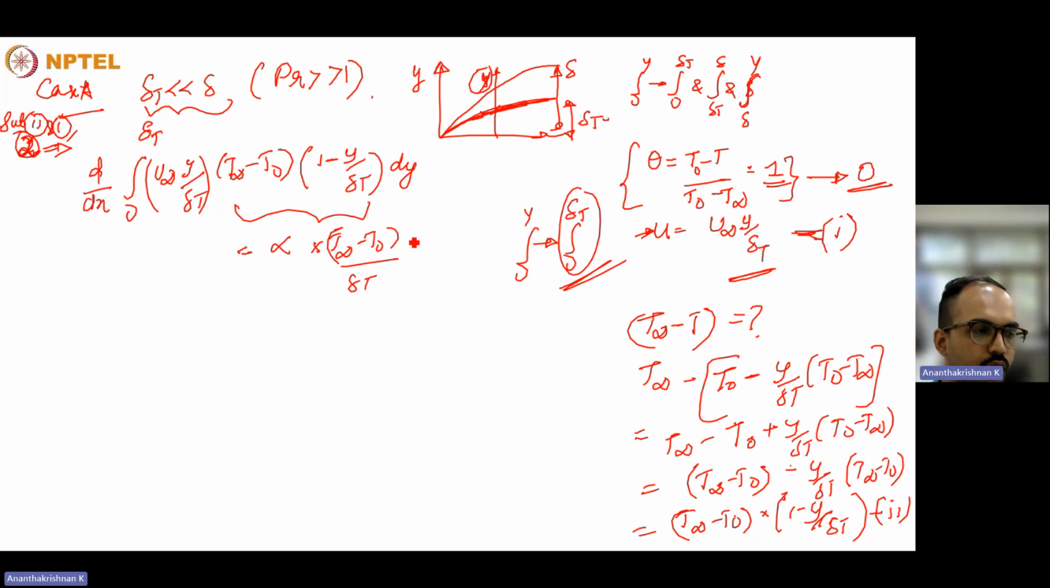So this is the new form of the energy equation for the case of Prandtl number very much greater than 1. And in this case we know the value of